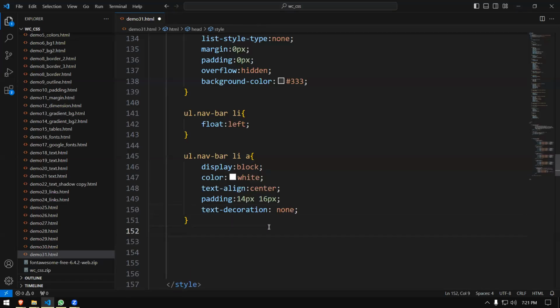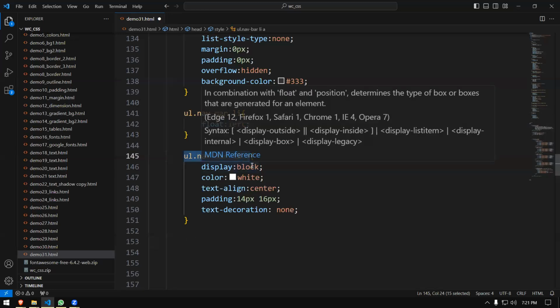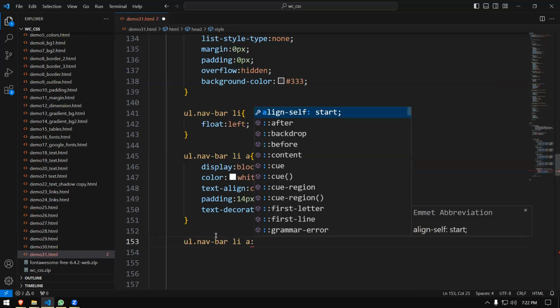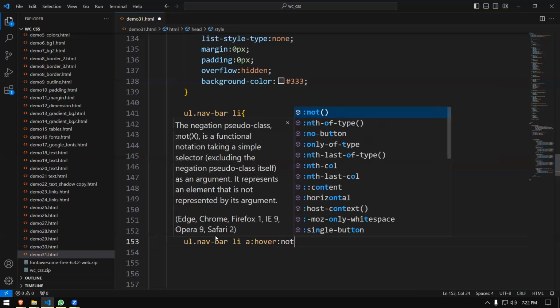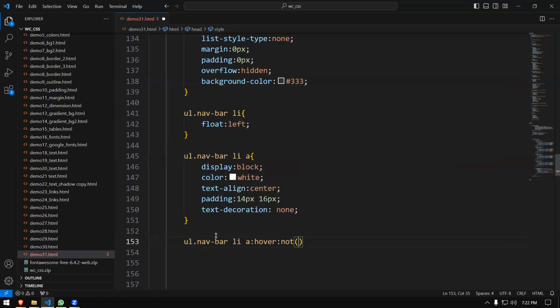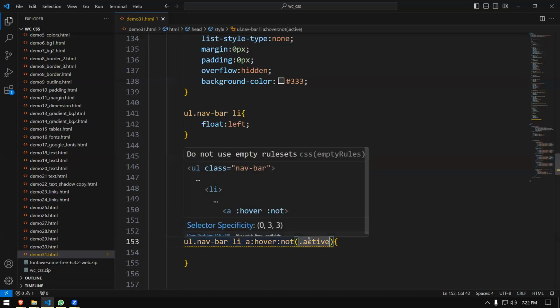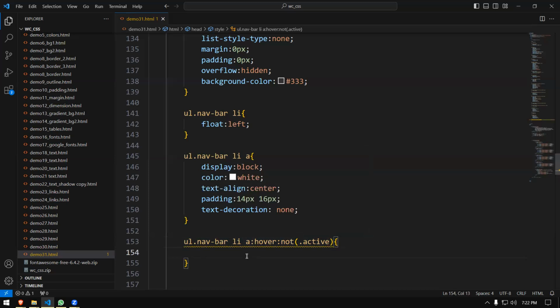Okay, so next what we do is, if the mouse pointer comes over, like say, like this, hover, right? And let's say not also I can use, which means if it is having an active class, only that one will not be affected. All the other things will be affected. So this is a new thing that you're learning. These are pseudo classes. And when you say not, you can give not, and if you give within the parentheses the class names, it will leave these things inactive, right? So I'm going to say